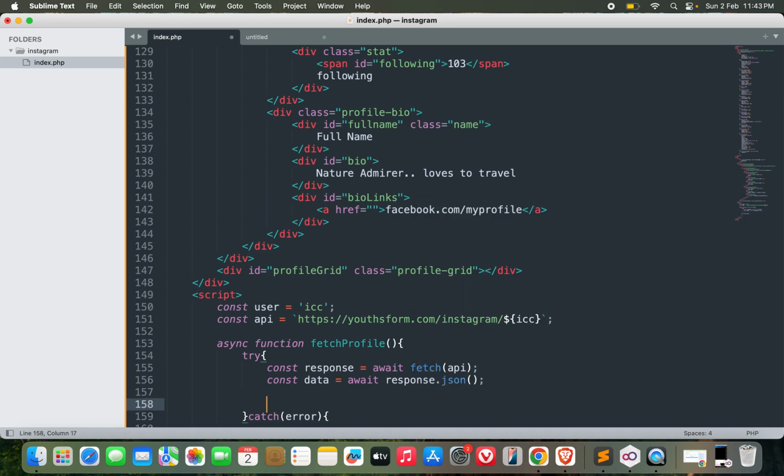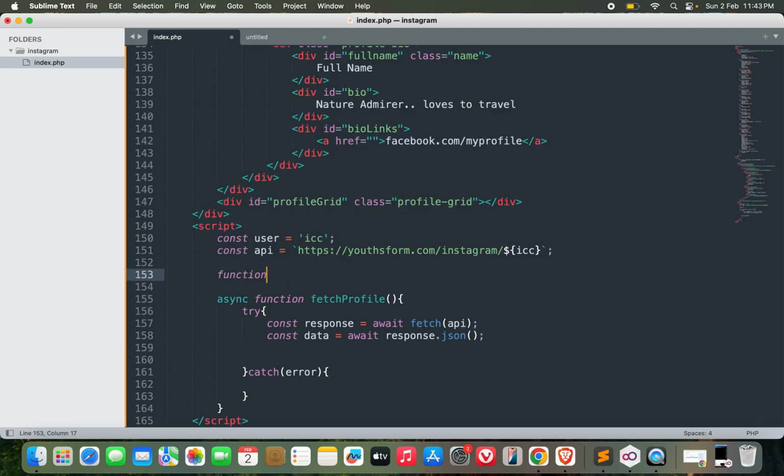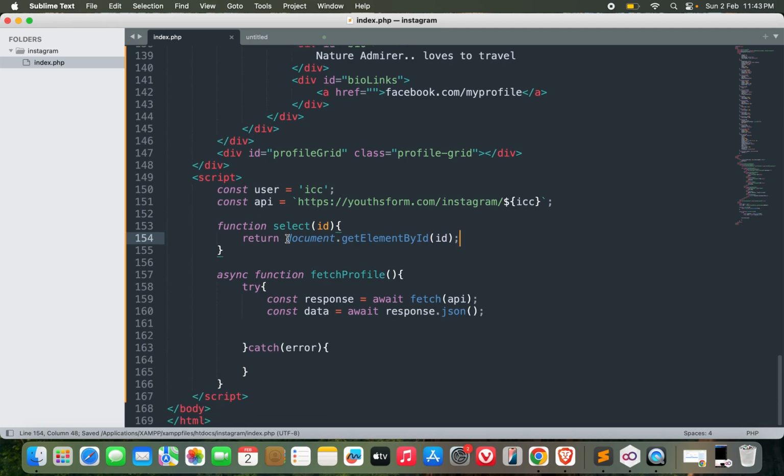Okay. Now I will need to select the elements. So let me create a function called select, which will return document.getElementById. I'm doing it so that I don't have to write this long every time. I can just simply do select profile picture dot src equals